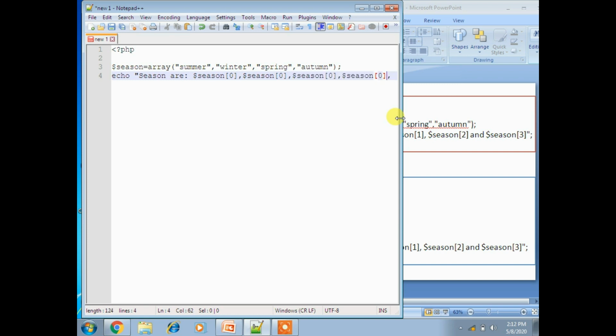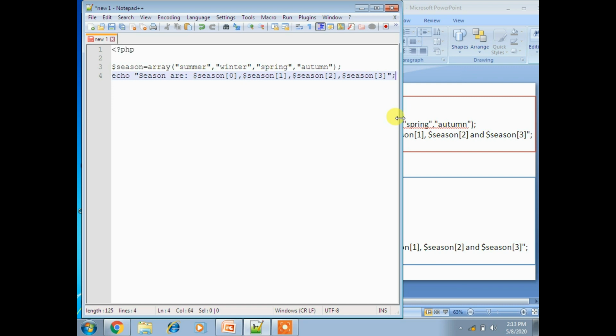Now, we took four strings. For summer I give 0, for winter I give 1, the next one takes 2, and another one takes 3. Then we have to end that statement.